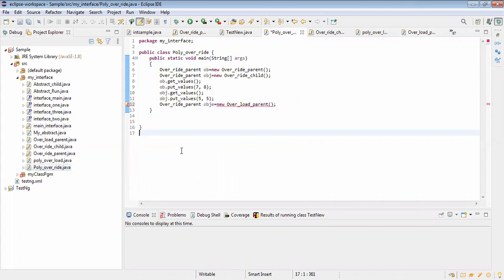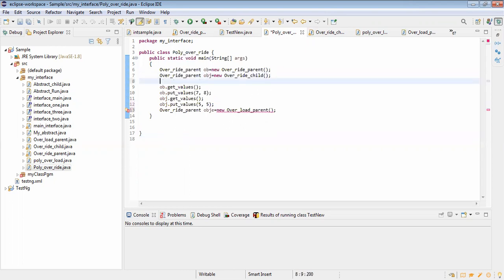By seeing this, guys, you need to understand this is the way we create an object. Now, you can reverse this one. Go to the end of line number 7, press enter. Can you reverse this one, Sneha? Override child, some object name equal to new override parent.